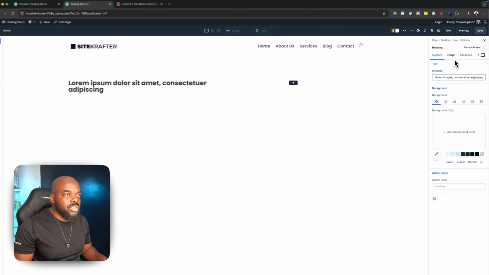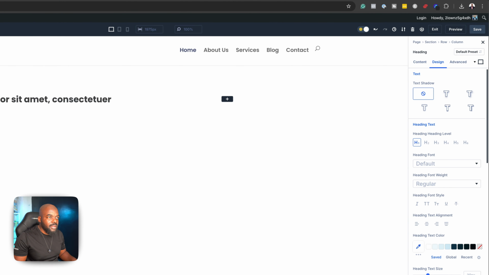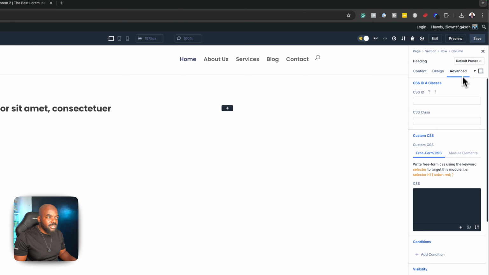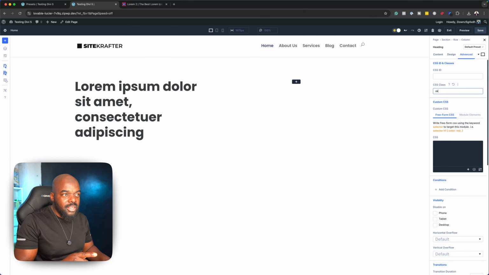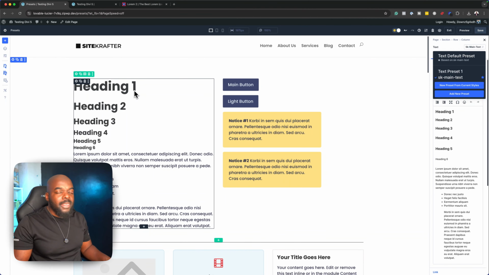All right, so what I need to check quickly here is what size is that? So I'm going to come over here, and we can see here that it is set to H1, H2, H3. So what we need to do again is to head over to Advanced, CSS Class, SK. Now, do you see that? Now it has gone big. It's because the headings were not set on this page, on the presets page. Okay, the headings were not set. These ones here are set from the